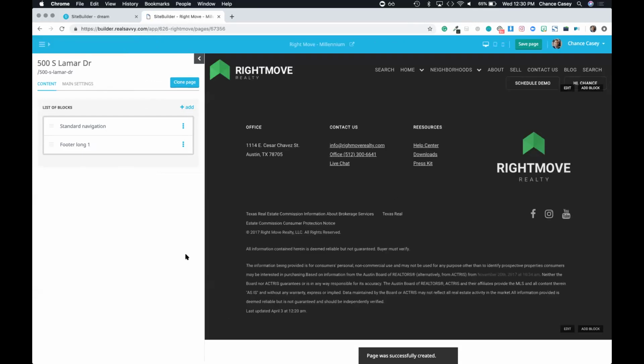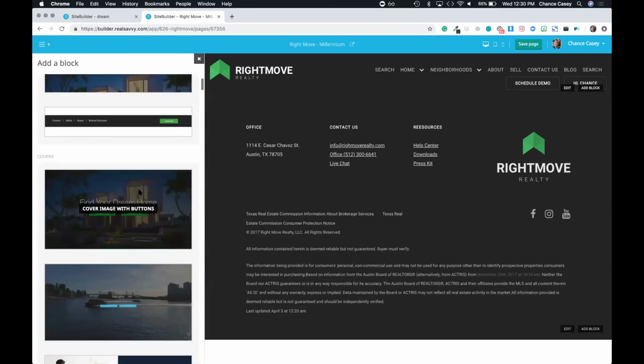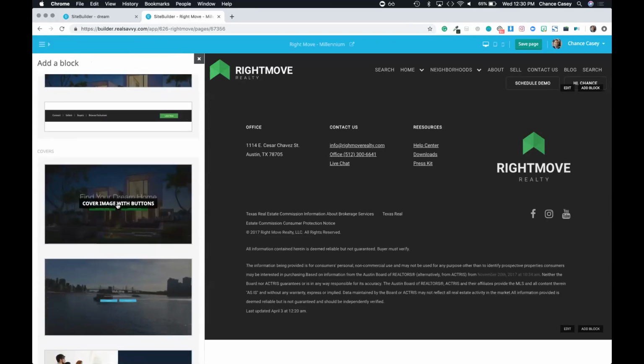So now that my page is created, I can see it went ahead and threw my standard navigation in here, and it threw my footer in here. So now it's up to me to go through and pick and choose those blocks that Tony showed us earlier and choose the right ones to highlight whatever content pieces I want to display on this page. For the most part, most all your pages, you're going to want to start with a